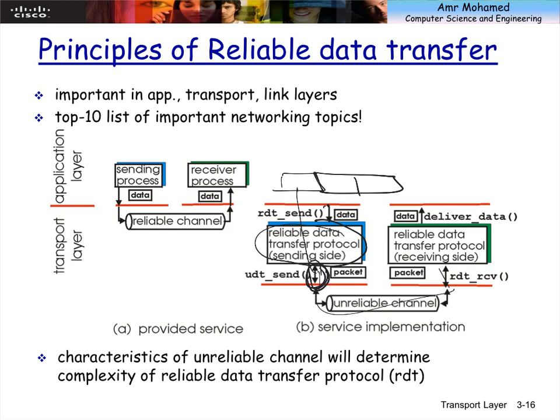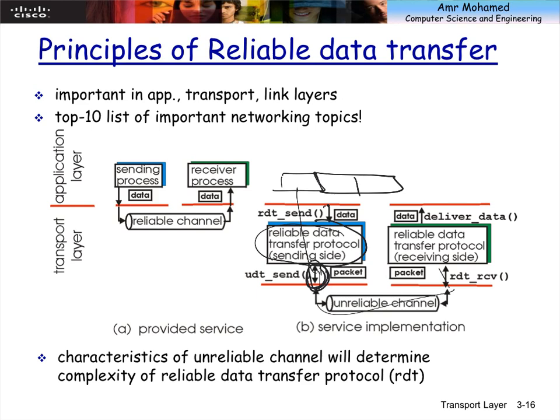It's similar to the mail service. You have a basic mail service. When you send the letter, the mail office does not provide any guarantee. And the receiver on the other side is not expecting anything. Is there any guarantee that the mail will arrive on the other end? The mail office does not provide any guarantee.